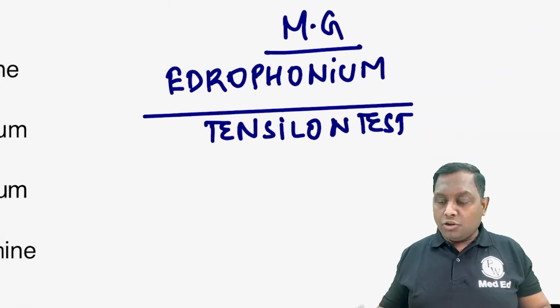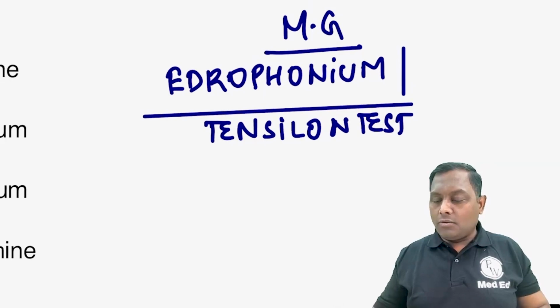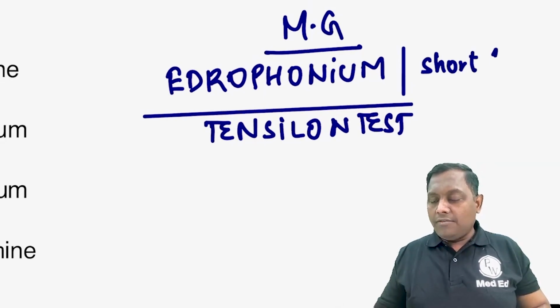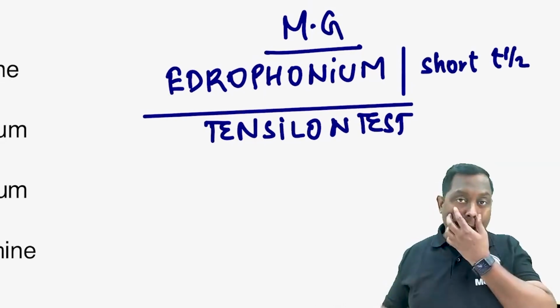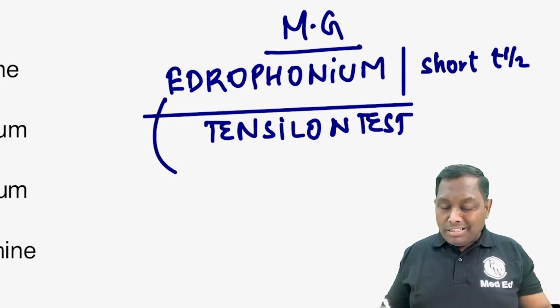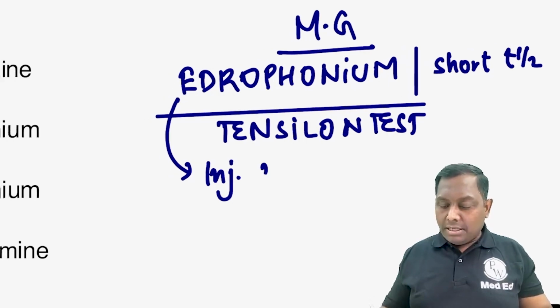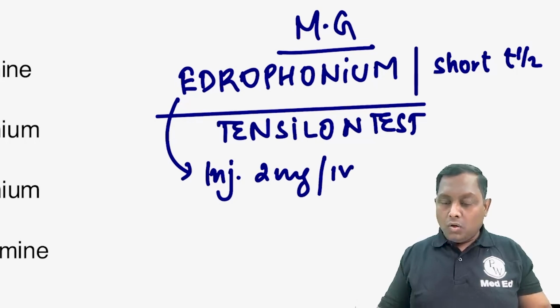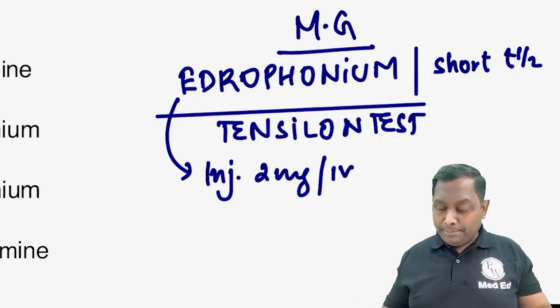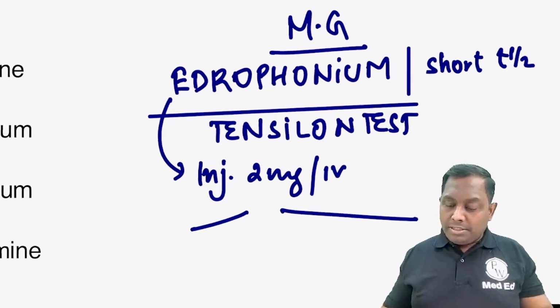So this is a very short acting reversible acetylcholinesterase inhibitor. Once you inject edrophonium, at a very low dose, let's say you are going to inject 1 to 2 milligram IV. Once you inject, if the symptom is improved,